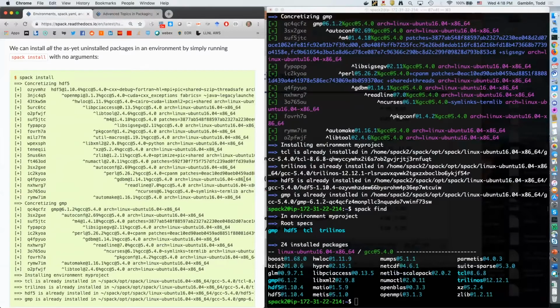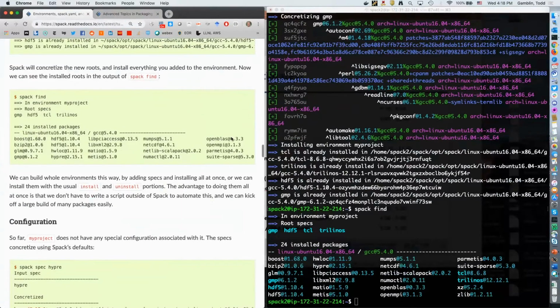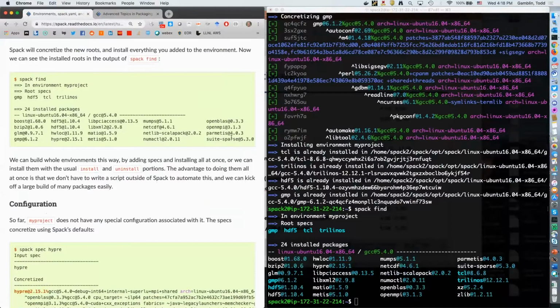A question? Yes? Are the packages in the different environments actually replicated, or are they soft links? They're soft links. Okay. And actually, for the command line tools in Spack, they're not even soft links. There's an environment variable called SPACK_ENV that tells you which environment context you're in, and we'll see how the state for the environment is managed. It's intentionally done with files that are hand editable, and so we'll talk about that at the end of this section. If you pull down the latest develop version of Spack, what actually happens with the environment is that everything